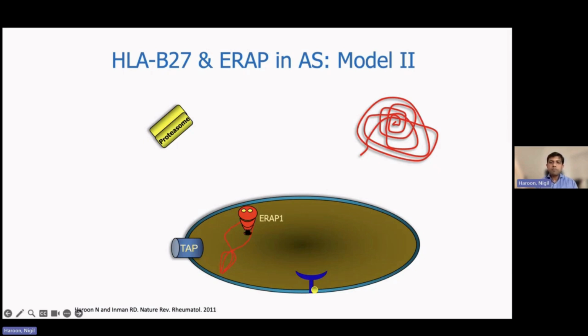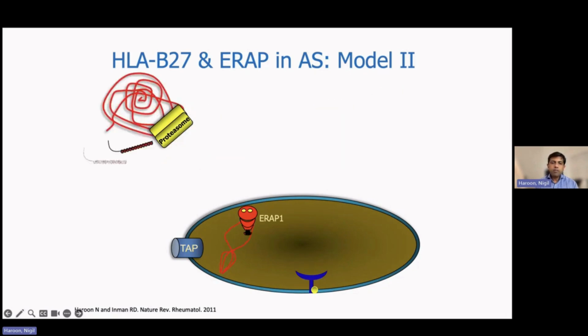Okay, so let's go to our antigen presenting cell, and let's say this is the antigen that comes out of that virus. It is broken down within our cell by a molecule called the proteasome. It breaks it down into antigens. It enters an organelle in the cell called the ER, or endoplasmic reticulum, where ERAP trims it down into an appropriate length, and when it's perfectly fitting on HLA-B27, it goes to the surface and you get a normal immune